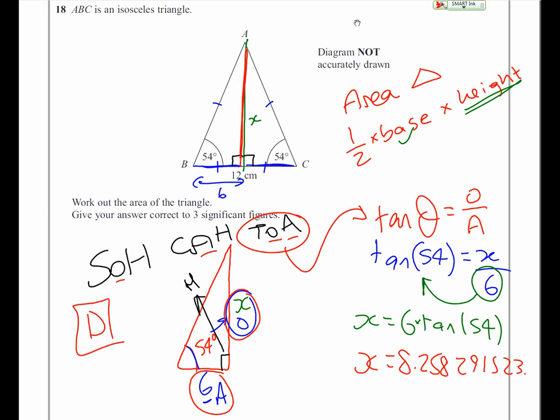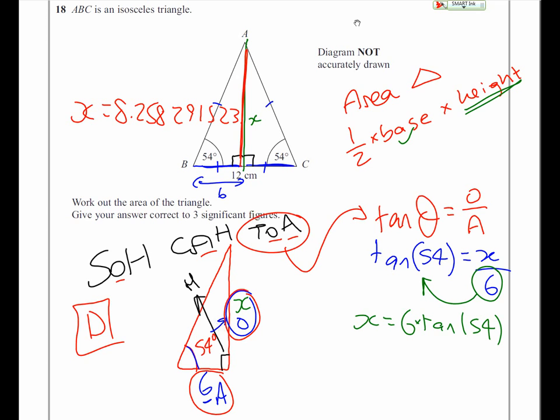Okay, what we need to do now is find the area. That is the height that we know. Okay, put it there. So we want to do the formula. Now we know that the height is that. Half times the base. If we want, we could just do 6 times that, but let's do the formula. Half times 12 times by 8 point whatever we just found, which I've kept in my calculator. Okay, so times by 12 times by 0.5. That gives us an answer of